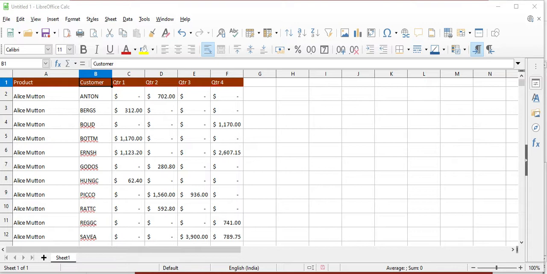Subtotal is a function listed under the mathematical category when you use the Function Wizard. Because of its usefulness, the function has a graphical interface accessible from Data and then Subtotals. As the name suggests, subtotal totals the data arranged in an array, that is a group of cells with labels for columns or rows. Using the Subtotals dialog, you can select arrays and then choose a statistical function to apply to them.